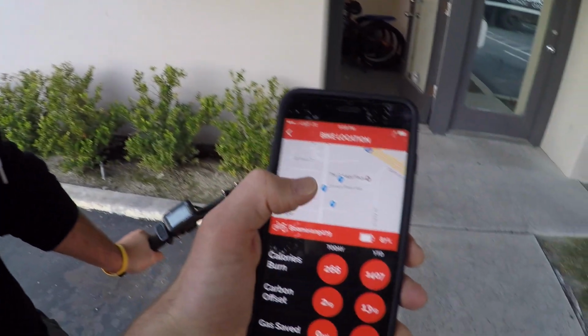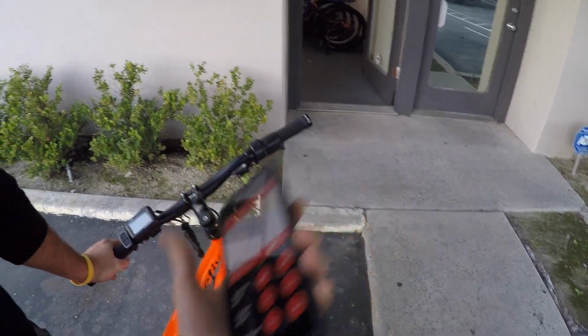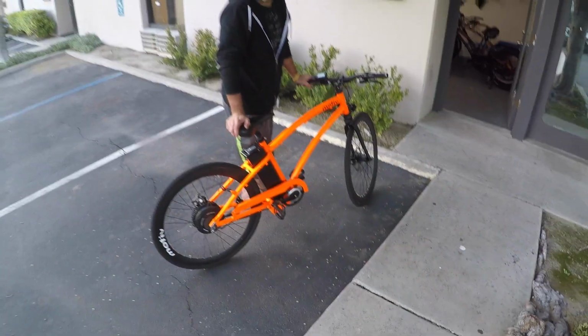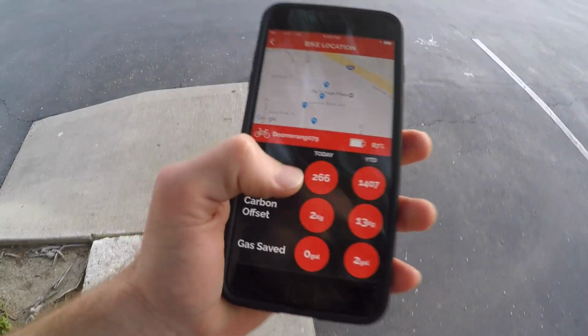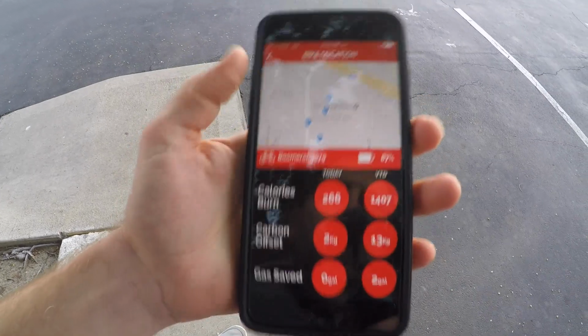I was just talking about how it'd be nice to see where I am, like where my phone is, so I could see how close I am. They said this tracks to within 9 feet. So if it's within someone's backyard, you've got about 9 square feet. So yeah, you can see the stats are a little bit off here, the calories and the carbon and everything. And that's because I had it